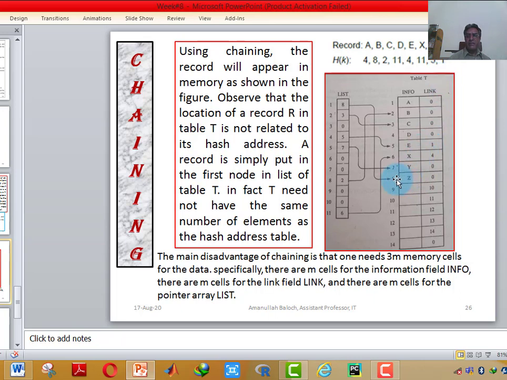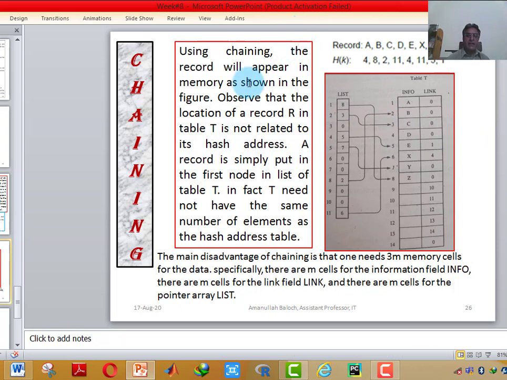At location 1 we will store this 8. This 8 will jump to this location and we will get Z, because the hash address of Z is 1. From 1 we will go to 8. From 8 we will get Z. This method is called chaining, and in this method it resolves the collision.